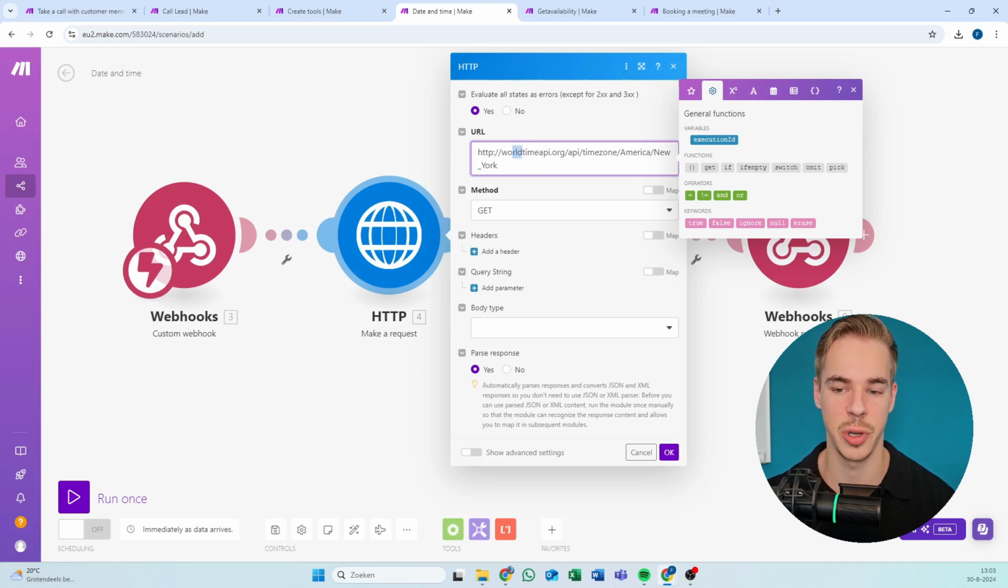In order to get the time, we're going to use worldtimeapi.org. And you can change the time zone to your own. In this case, I used America/New York. I could also use Amsterdam because I'm from the Netherlands, or you can use any other. Just look up online,